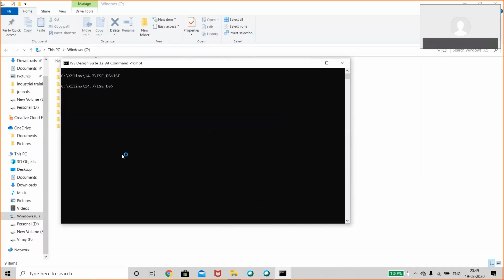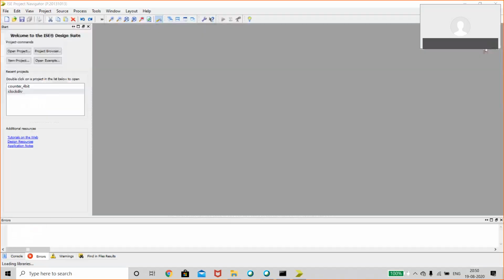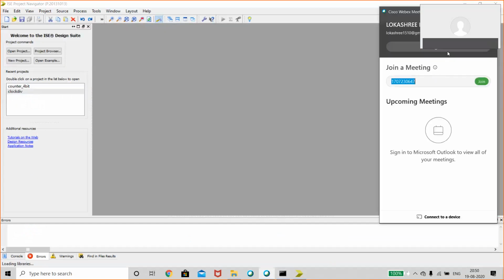If you face any kind of problem like that, follow this process only. Without that, it will not work. This is some bug in the ISE tool. Sometimes iMPACT also will not work like that. So you have to follow this process. Instead of ISE, type impact there and press Enter. iMPACT will open and perform correctly as expected. Also, if your simulation is not working, you can use the same thing. Open ISE using this process, or you can also use 64-bit.